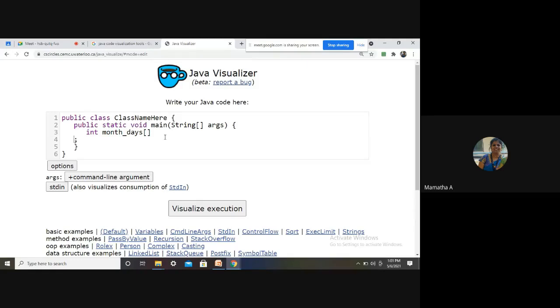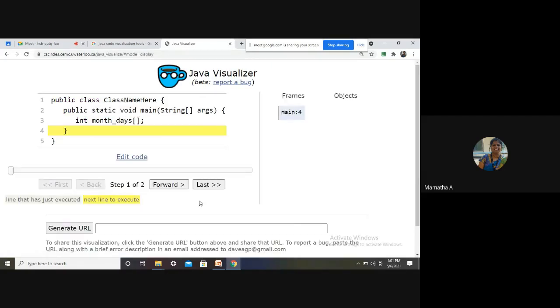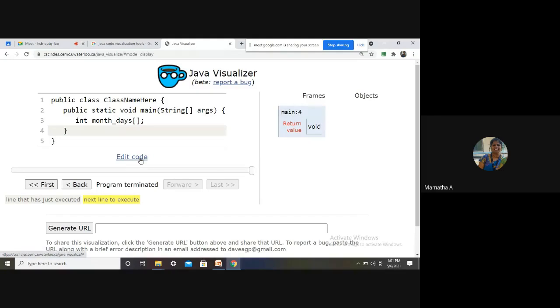I will just create the array variable. This will show you the visualization of exactly what will happen in the memory. I just created the array variable. Nothing happened on the right part, because this is just an array variable. It will not allocate any memory to store your array elements.